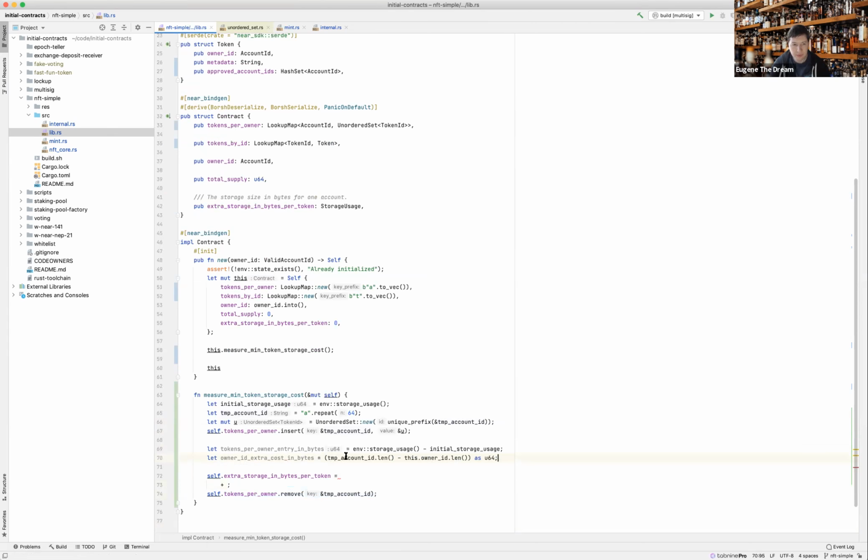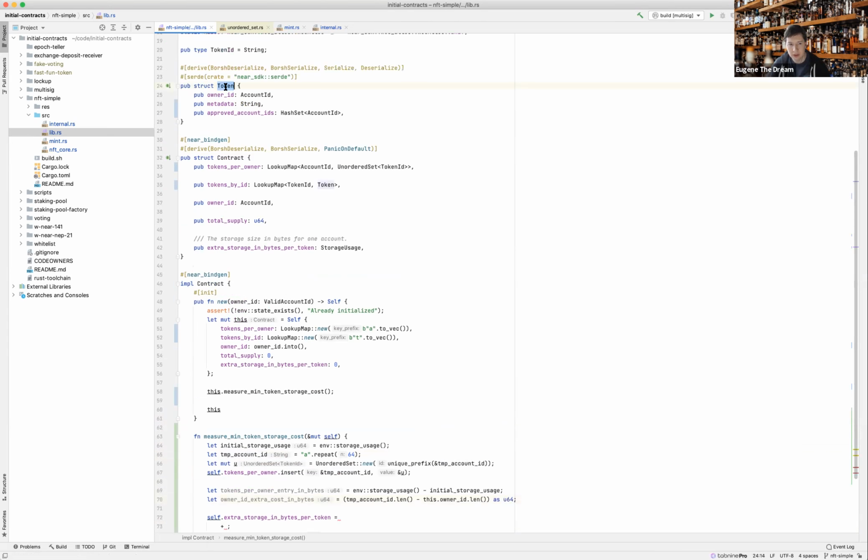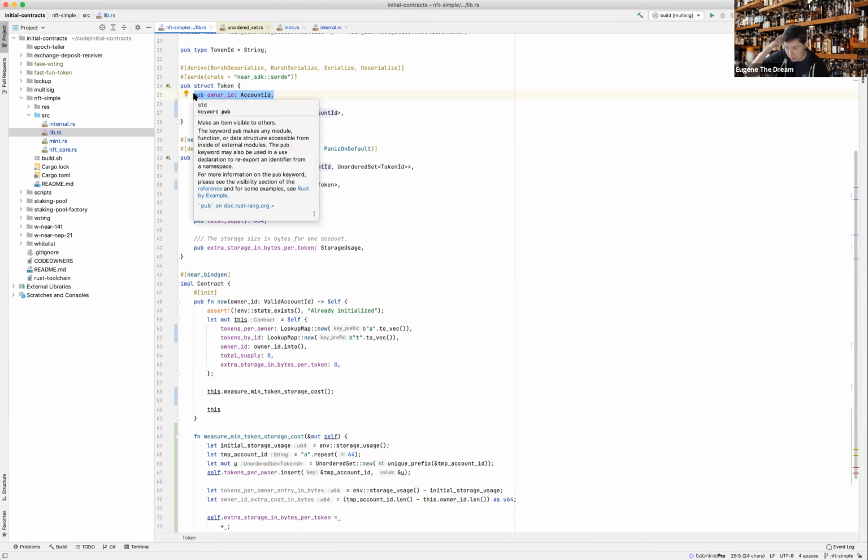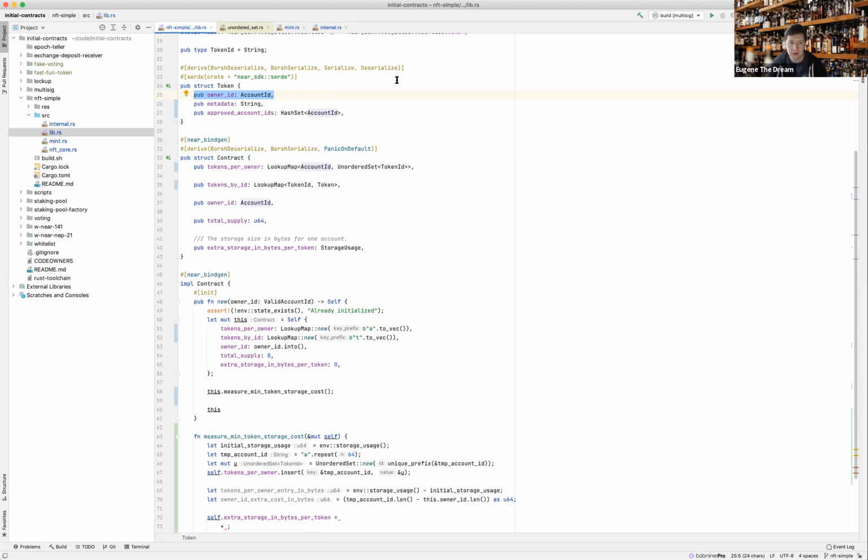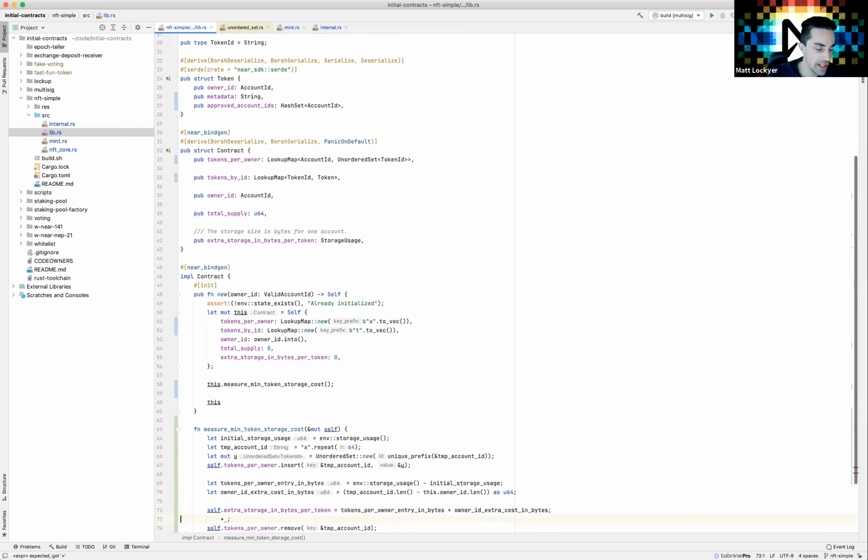So in a token record, we have owner ID. So when you first insert a token, you mint a token to yourself, let's say, then the cost will be your token ID length. So this one is extra cost for longer account name. So I don't know, it's kind of messy the way we're doing this. So what you're saying is like